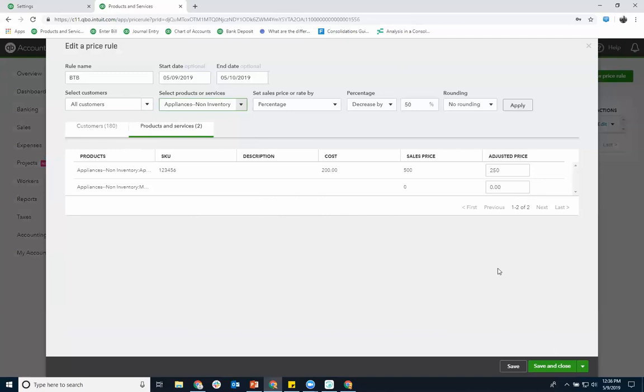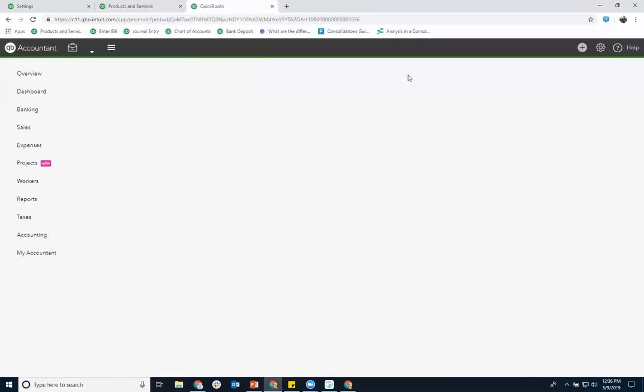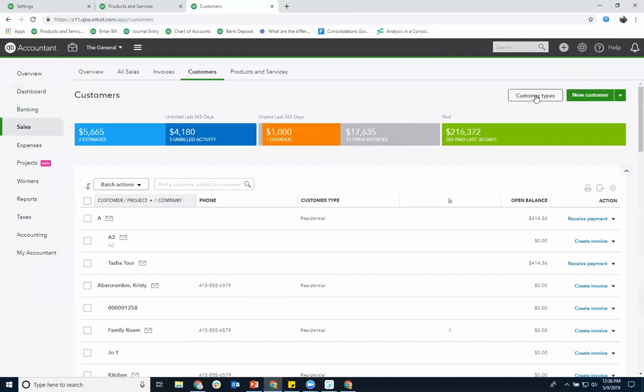Before I click apply, because there's just 2 of these items, and we're just looking at appliances, it's going to be half off from $500 to $250. So yeah, we'll just hit apply. But I wanted to mention something. Customer types. Even if your client has no desire at all to use price rules, turn it on, because there is an ability in the customer list. Sales customers. It opens up this customer type